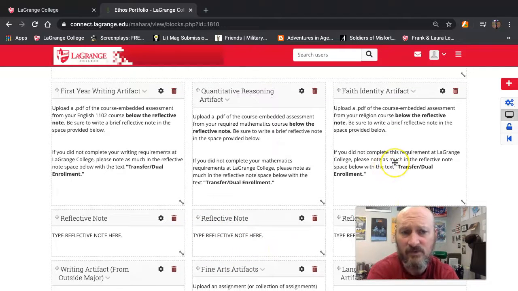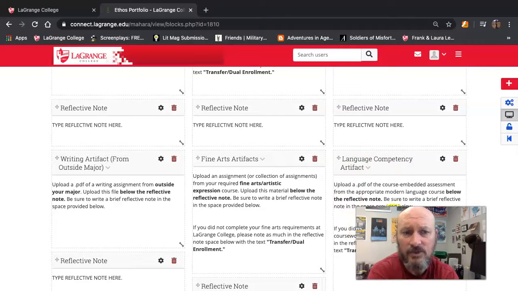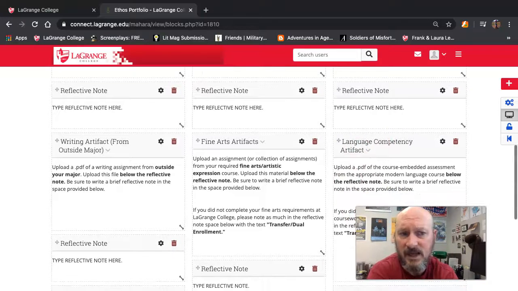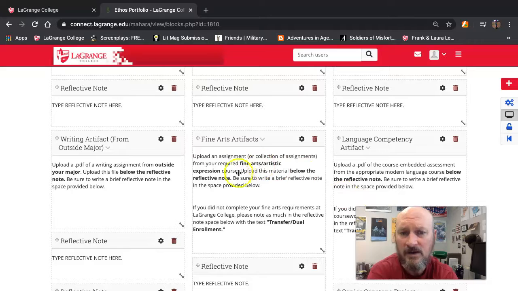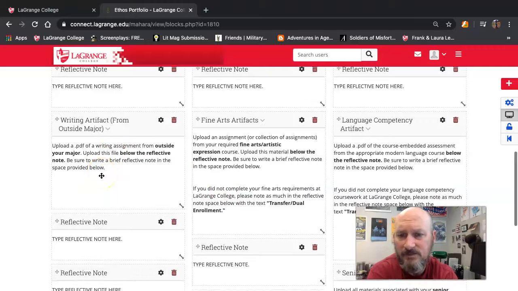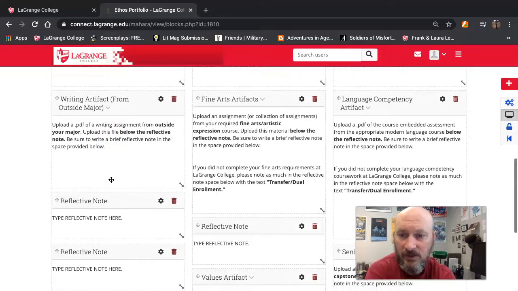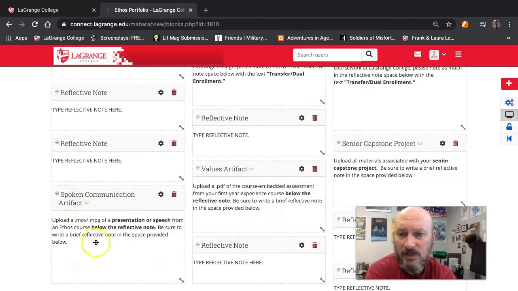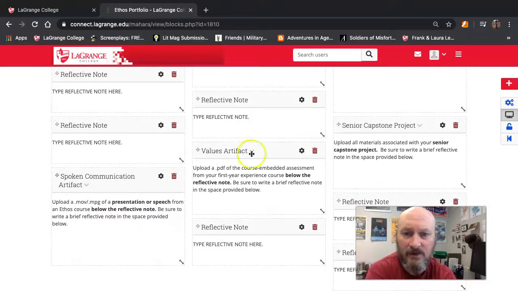Faith identity artifact is going to come out of your religion class. Language competency artifact is going to come out of your second semester foreign language class. Fine arts will come out of whatever your performing arts class was. The writing artifact from outside your major, some of you may have this, but I suspect you don't yet. This will be different based on what your major is. So for someone who was an English major, for example, the lab report from their chemistry class or biology class would be there. Spoken communication artifact and our values artifact both come out of